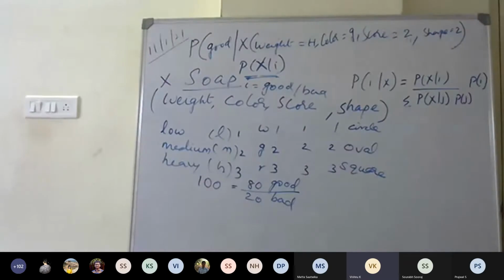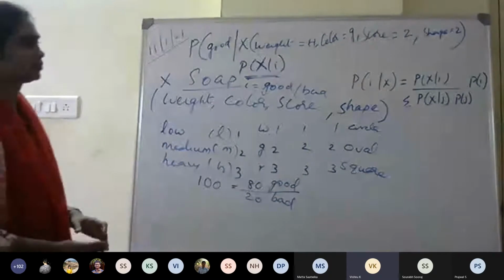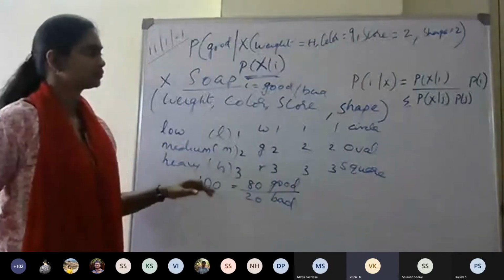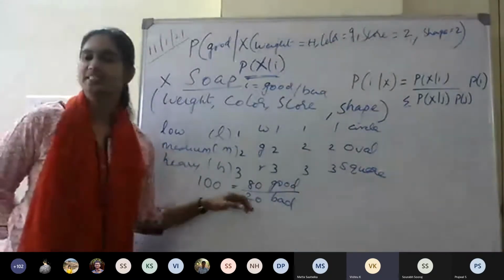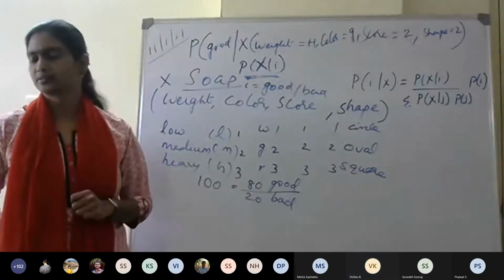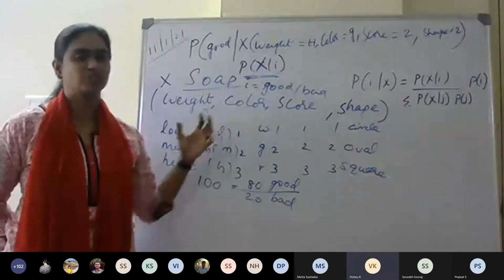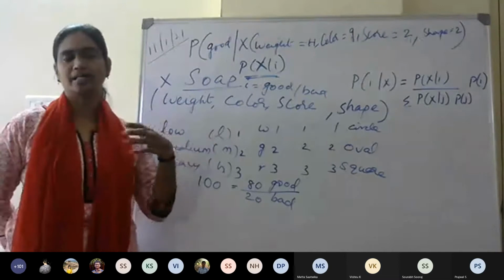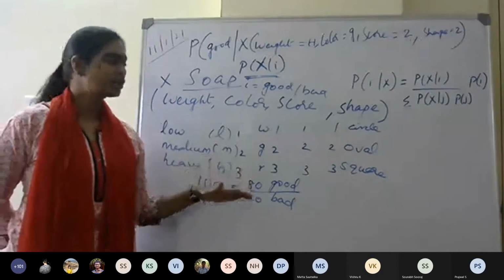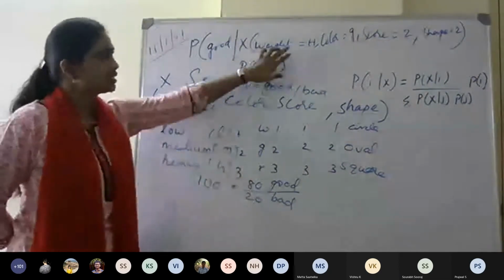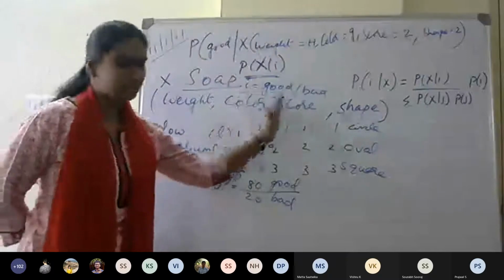In this one, the given case is classified into good given these conditions are satisfied, but there is no reference to the other combinations where the soap might be good. We are not considering that in this probability. It is not like a joint probability or dependent events. Only these values are there.